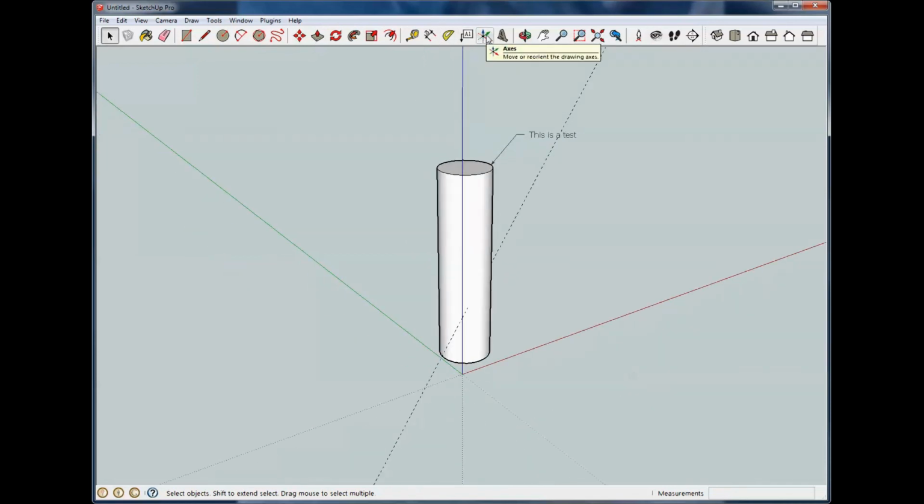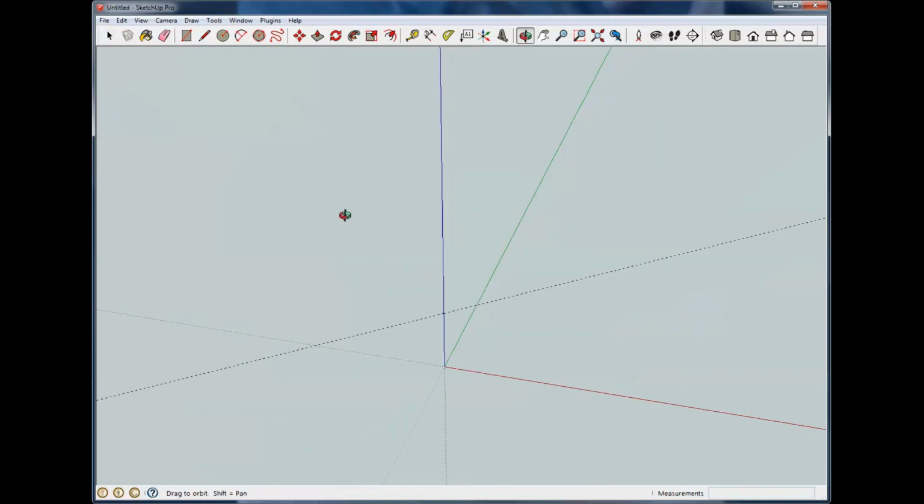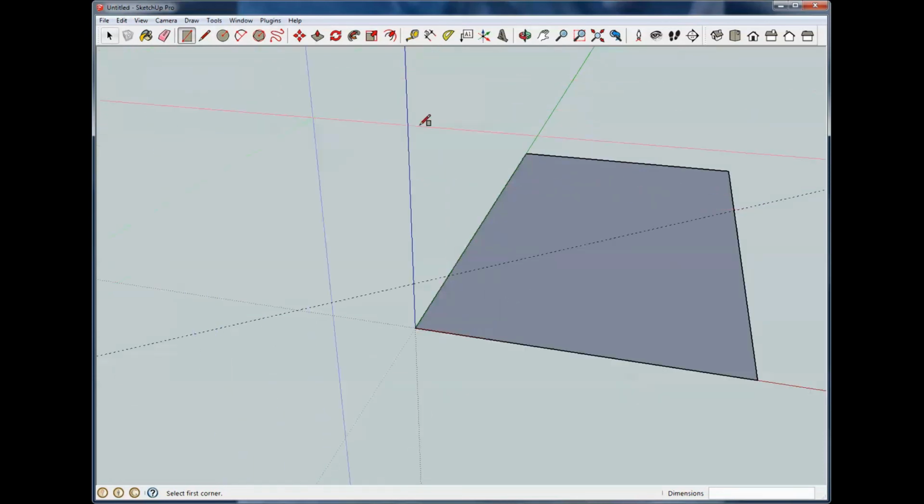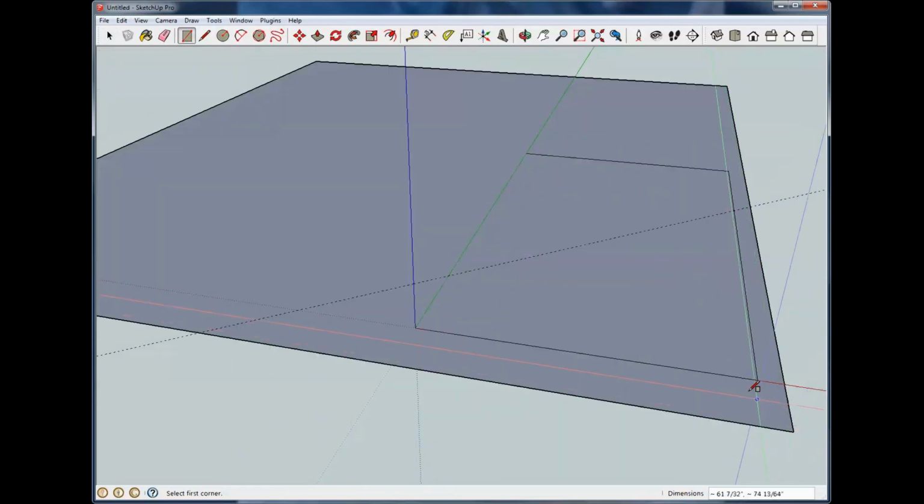The axis tool is not something that I find much use for, and the reason is I typically draw stuff relative to what I'm drawing. I start a drawing at one point, and I don't build stuff off the relative axis. I build it off the information that's already in the drawing. But how it works is,